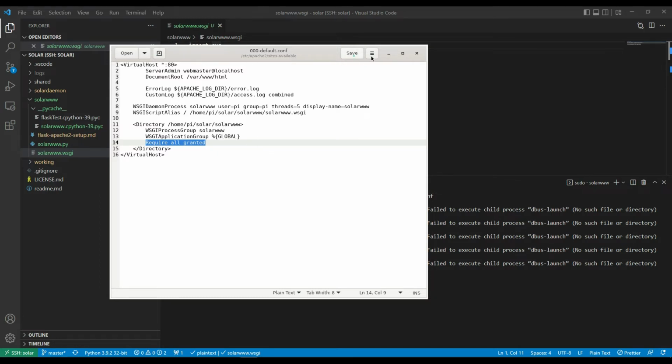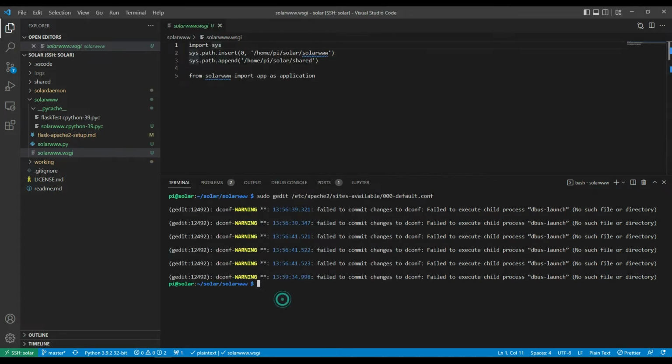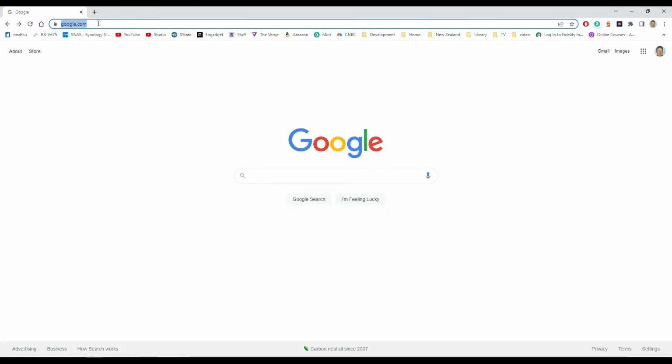So this is all set up. Let's save that, close it out, and we just need to tell Apache to reload, so it applies the new configuration settings. So that should be running now. So we've got Apache connected to the WSGI interface, connected to the solarwww Flask application. Let's bring up my browser,